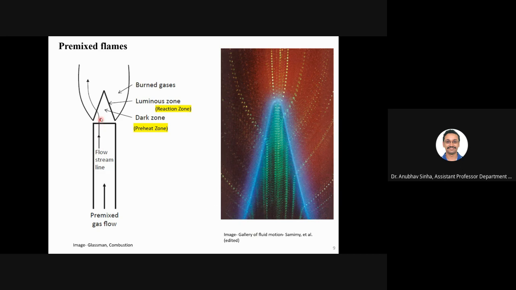So this line, what you see here, this is what is shown here. This line is going and then it is diverging. As you can see, this is like a cut section. Inside this blue luminous zone, we have a dark zone. We have unburned fuel and oxygen mixture. Fresh gas, we say in terms of combustion, fresh gas is here, burned gas is here. And this is basically your reaction zone, and this is your preheat zone, where these gases are heated and then they burn. We'll see later how it works.